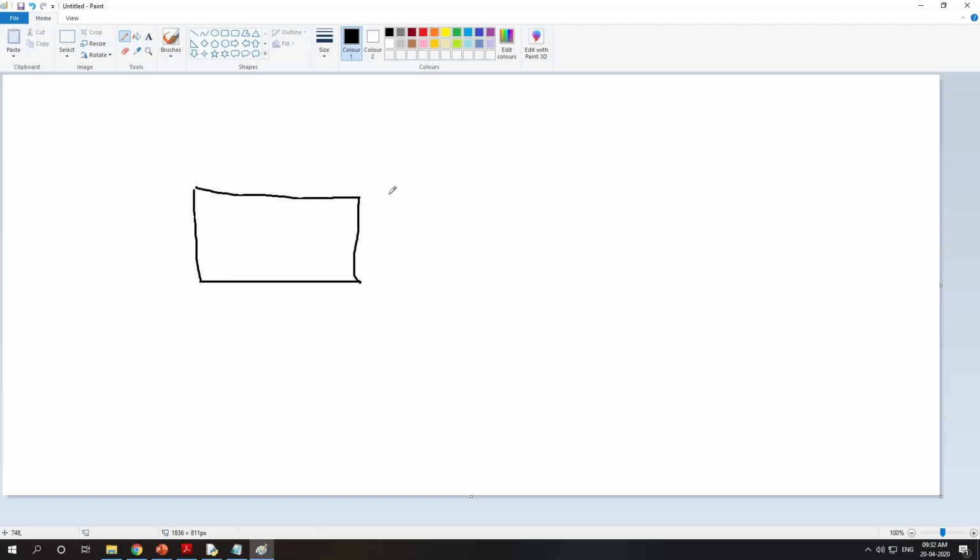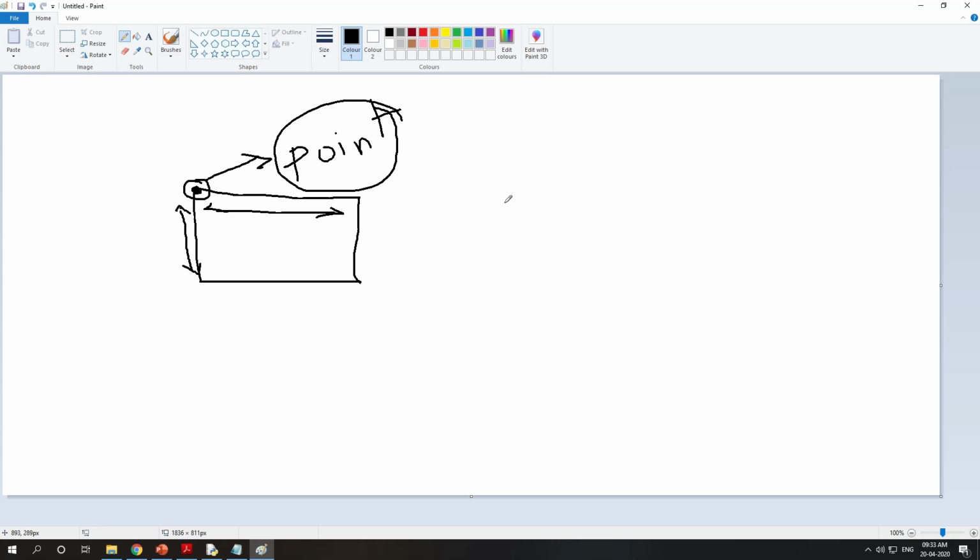So this class Rectangle needs what? The coordinates of this point. You can take any point. If you take this point, the coordinates will be 0, 0. If you consider this as a corner, then it will have X and Y values. This corner point belongs to a class called Point, and the width and height belong to the class called Rectangle.